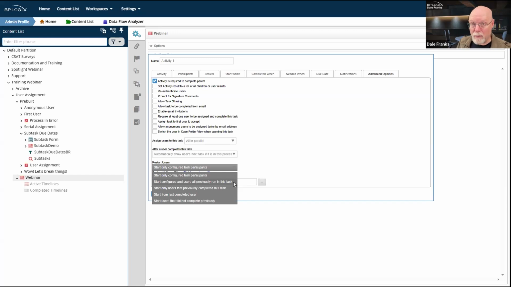They might not even be configured in this task anymore. And if so, then as long as they're still with the organization, they're still going to get assigned the task, because I want the previous people to review it, because they're the ones who saw it the first time. And they're the ones who went through it and reviewed it. They're the most familiar with it. And they know why ultimately it got rejected. So I want to run it back to those people.